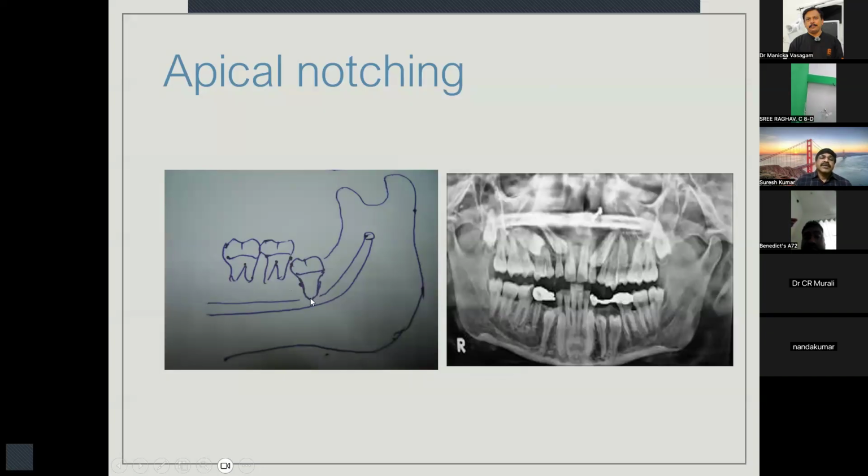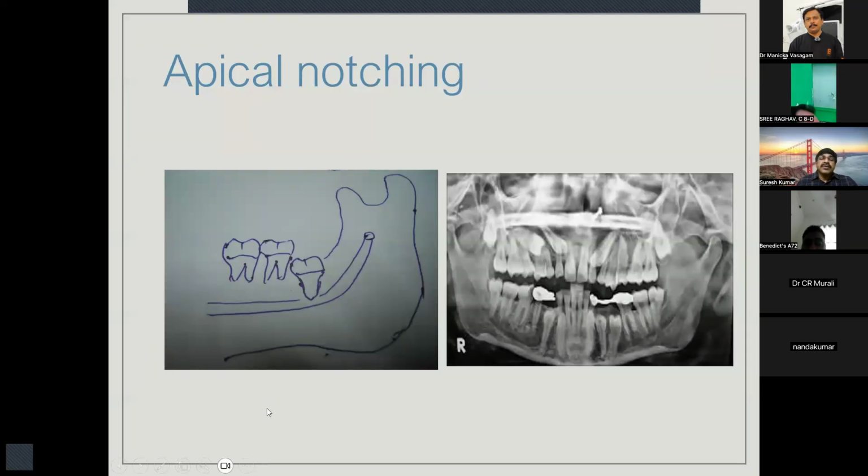So in this situation, you have to tell the patient we have a small possibility of causing paresthesia due to injury of the inferior alveolar nerve. So warn them before, otherwise if it is caused without explanation, after the surgery they will come and report: you did the extraction and now my lip is numb, it is not recovering. So this is to be picked up from the X-ray and to be explained to the patient before the procedure, not after the procedure. So always evaluate the IAN canal.